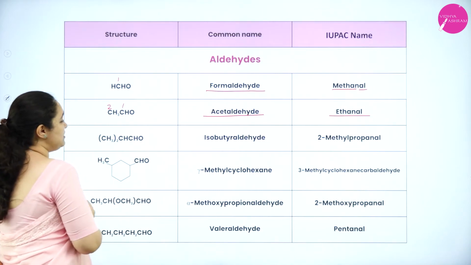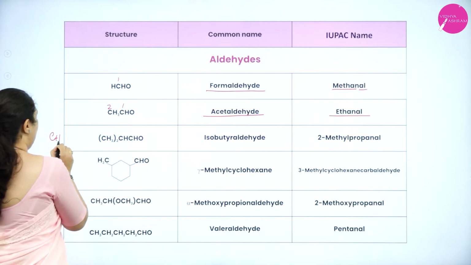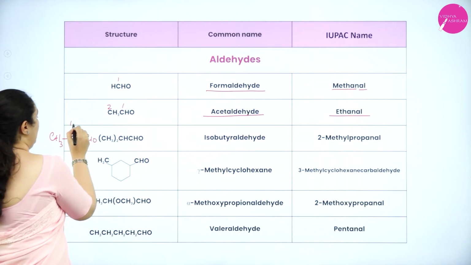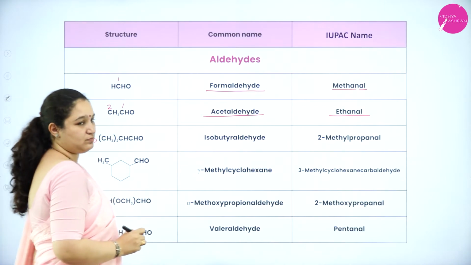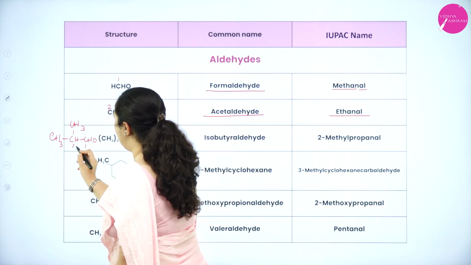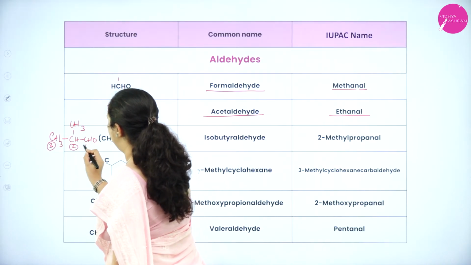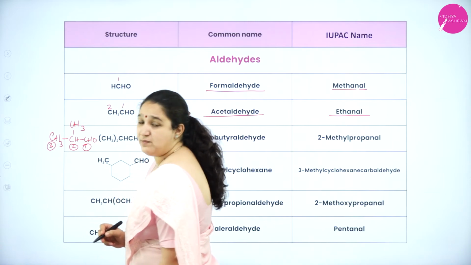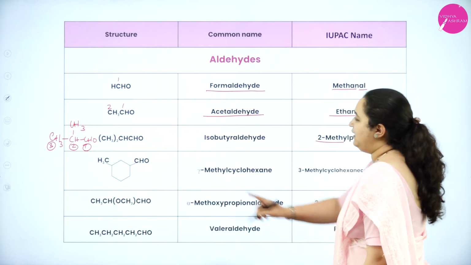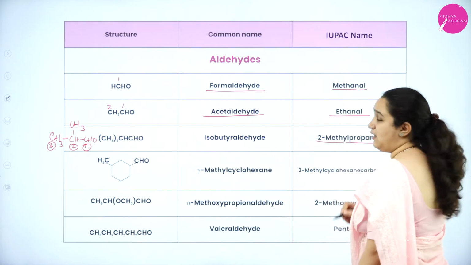Now here what is this compound? It is nothing but, I'll write it here for you, CH3, CH, CHO with a CH3 group. So how will you number this? It is 1, 2, this is 3 or this is 3, one and the same. So the second carbon atom has got the CH3 group. So the name will be 2-methyl, 3 carbon atoms, so the root word is propanal.